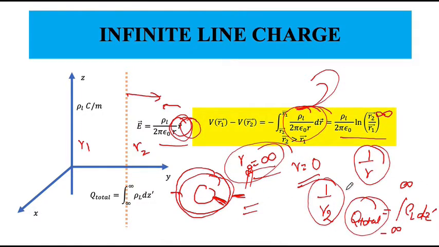Till now we have talked about potential, and we also found the potential difference between two points R1 and R2 because of a uniform infinite line charge. So we've said that for a uniform infinite line charge you can't use infinity as a point of reference, so we have to use some other point, not infinite R, as the point of reference for 0 volts, and measure all the other voltages at other points with respect to the voltage at that 0, which is not at infinity.